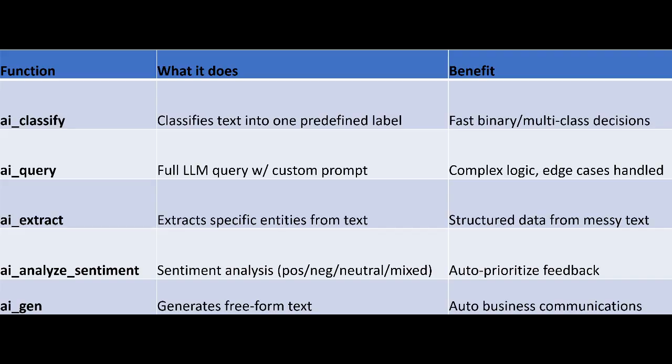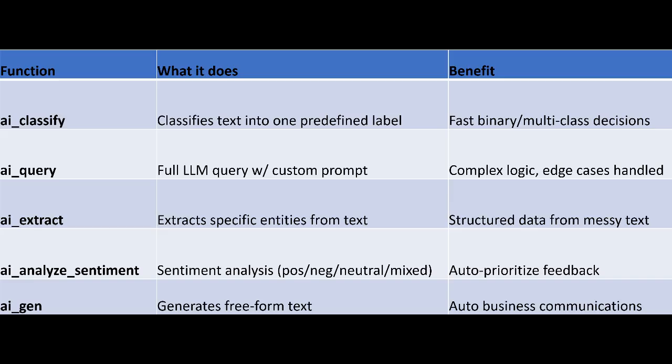Let's break down these 5 AI functions before we jump into the demos. AI Classify sorts text into predefined labels you specify, like urgent or low-priority tickets. It works best for simple, predefined categorization tasks where speed matters most. Think high-volume ticketing routing. Use AI Query instead for nuanced or open-ended classification, though note AI Query costs more due